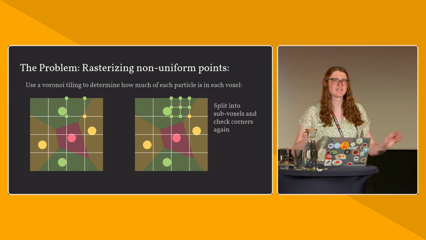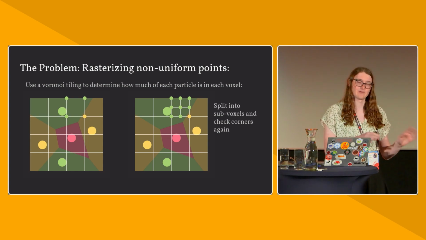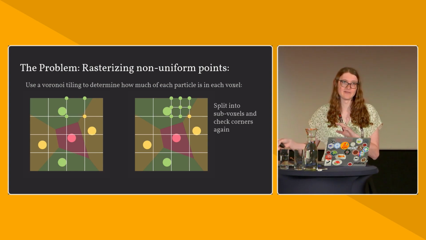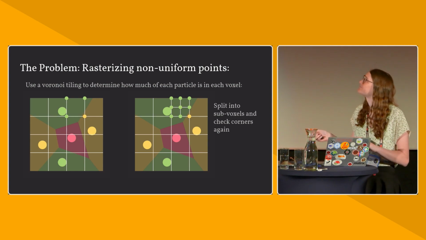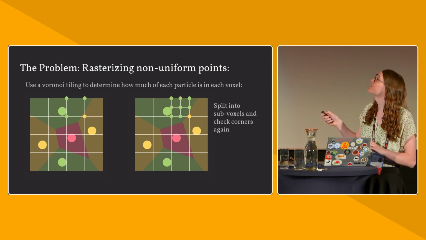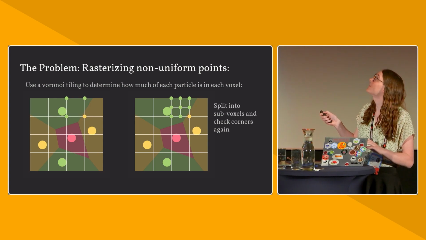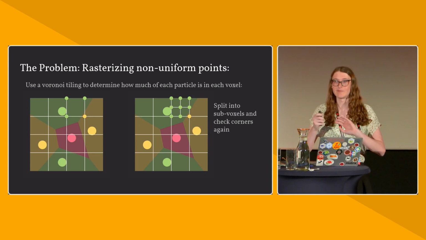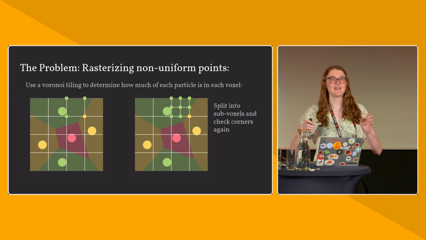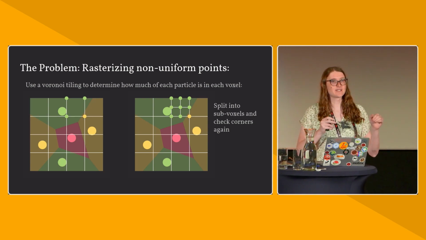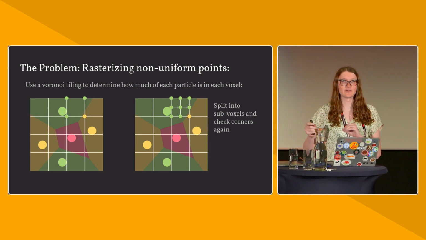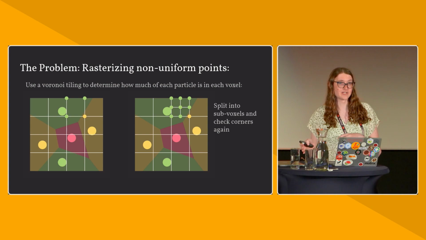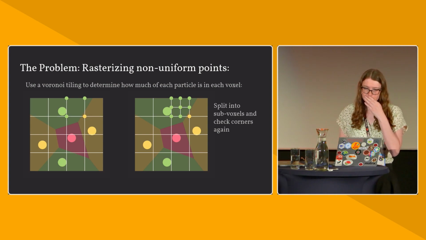There is a limit to this, both so that we can keep some reasonable boundaries on the performance, and also to avoid infinite recursion with degenerate cases. But you can see here, these 3 voxels all have green corners, so all of these 3 subvoxels become green. This one is still mixed, so it might keep splitting, or it might stop if we reach the recursion limit. And as you keep doing this, the points that you have checked at each of these corners will slowly approach the true ratio of the contents of the voxel. So that's great and all.